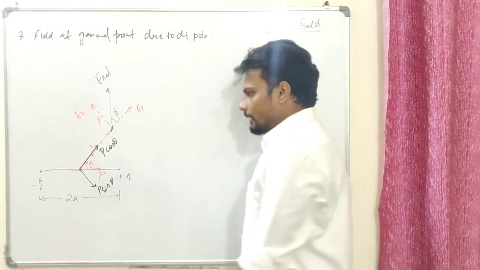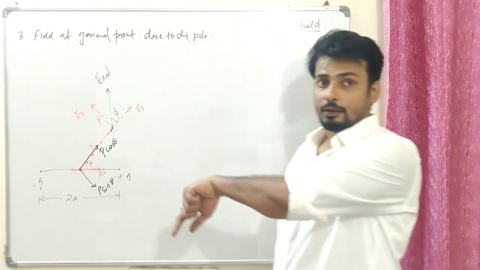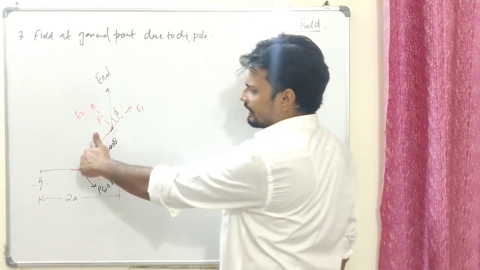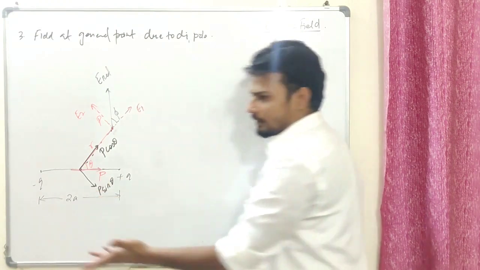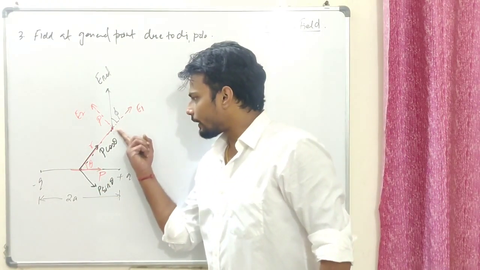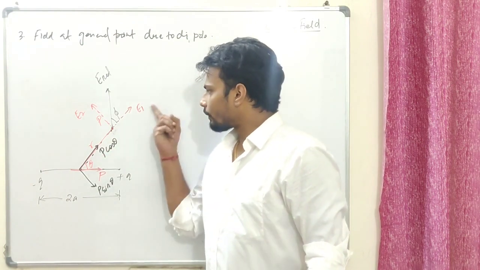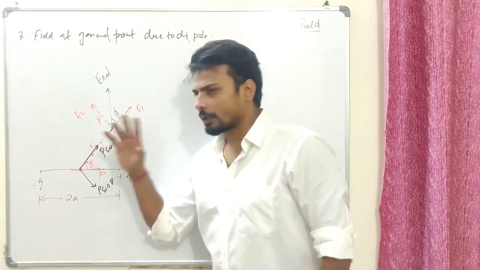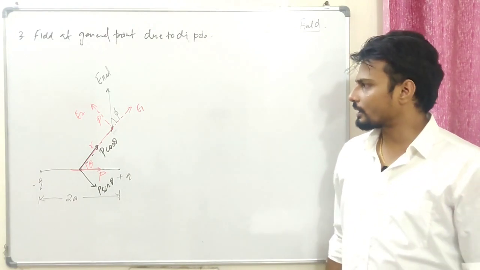I resolved this dipole moment, being a vector quantity, into its components along this and along this, which are rectangular components. That's going to be pretty easy for us. Now the field at this particular point, because of this component of the dipole moment, should be along this way, and because of this one it should be along this way. Just now I've described how it is all possible.